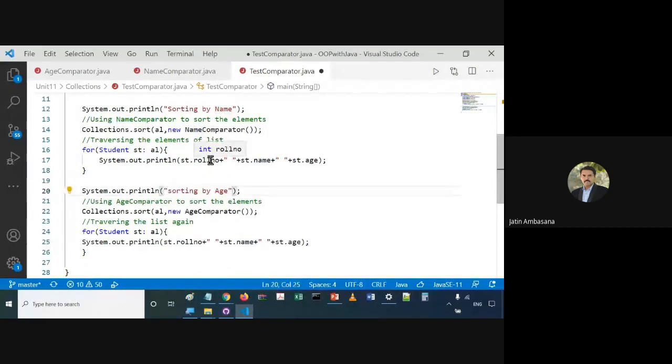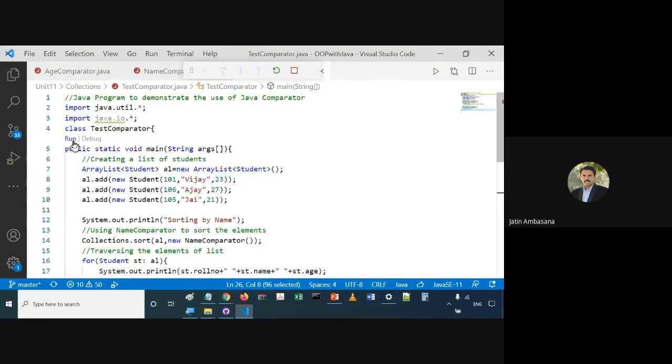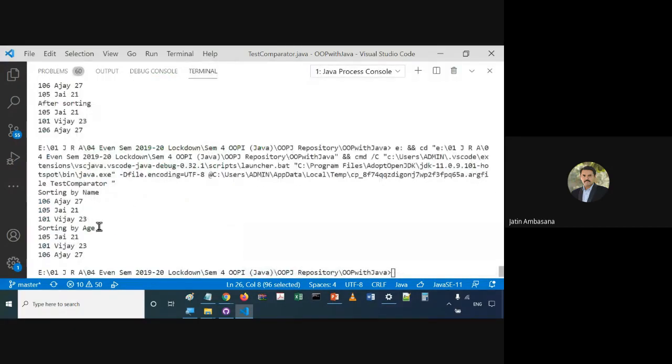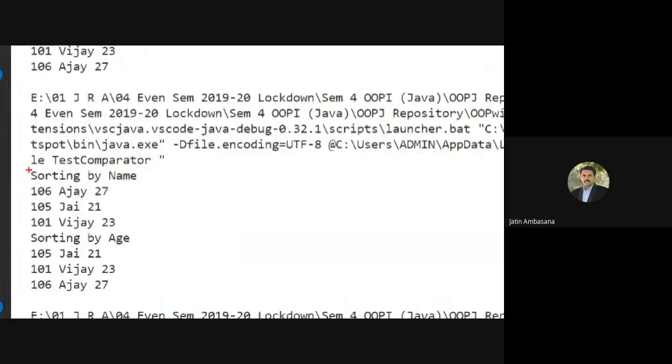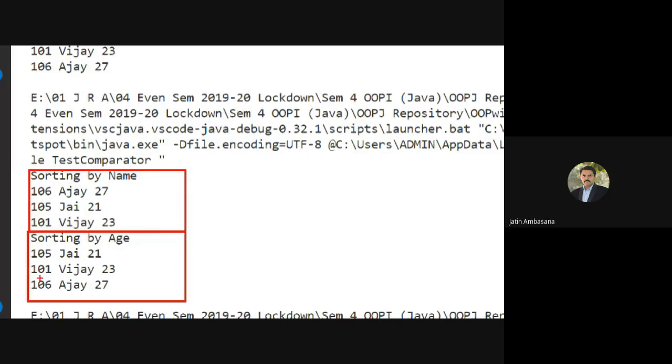Then we say sorting by age. We sort the collection by passing that collection object and a new AgeComparator object, and again display it, so it will be compared according to the age. Check this out. We have sorted the list by name and sorted them by age.